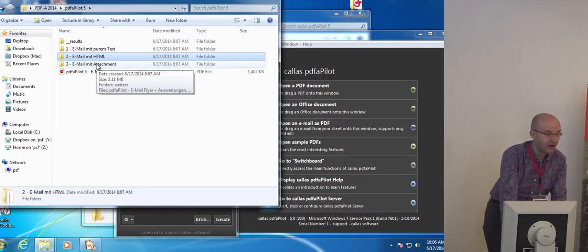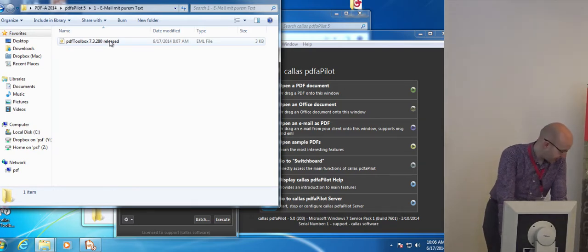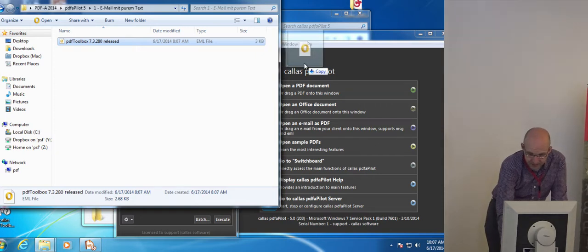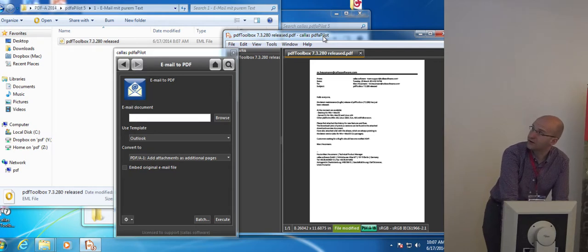So where any kind of attachment can be included, and we want to have a solution for all of them so that we can simply save them as a PDF in the different ways Dietrich just showed about the different PDFA 1, 2 and 3 standards. So we support at the moment EML, EMLX and MSG. The suffix is not displayed here, but you can trust me that this is an EML file like it's written there. It's simply dropped on the PDFA Pilot.